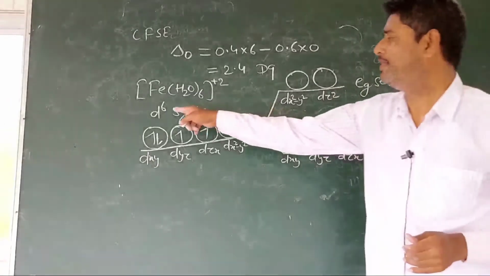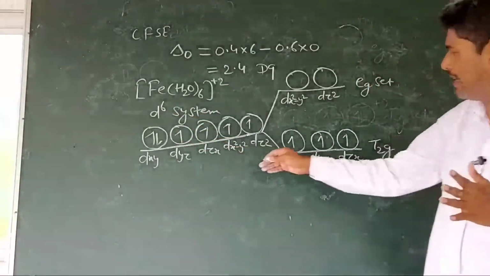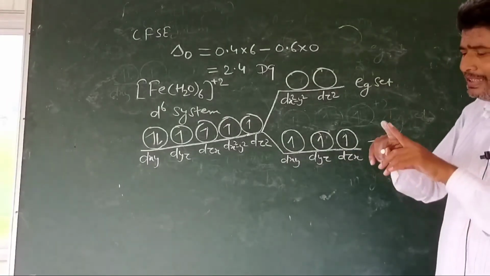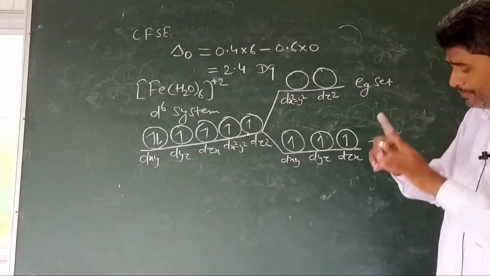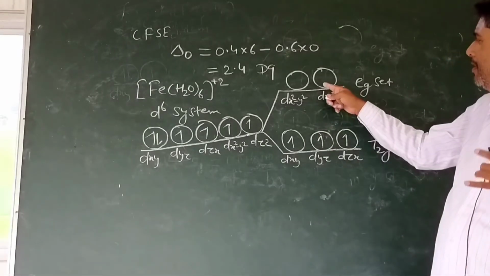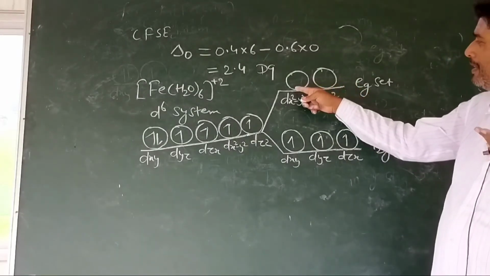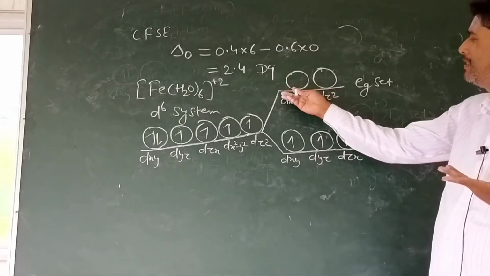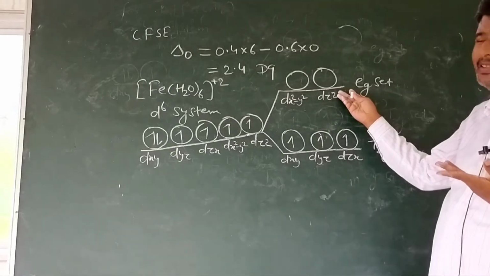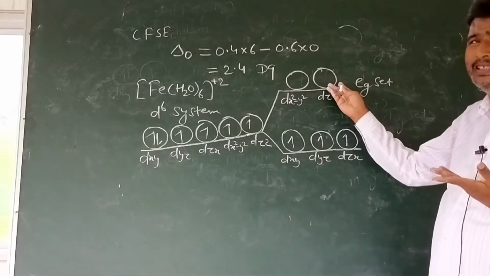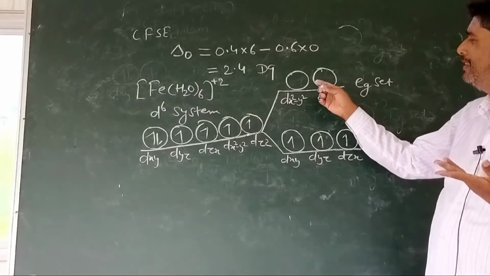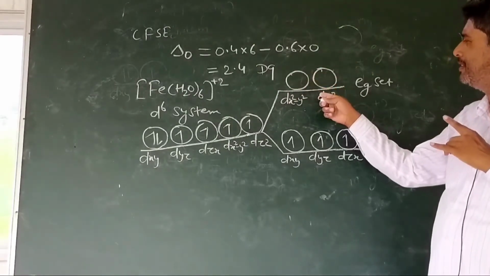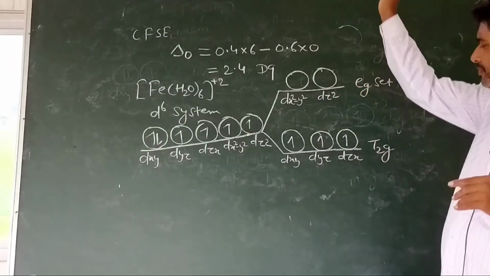So we have 6 electrons. 3 electrons have been distributed. Now we have the remaining 3 electrons. These remaining 3 electrons will enter the upper energy level. The upper energy level is of two types at the same height of energy. These are also degenerate, hence it will also follow Hund's rule. Electrons will enter singly with parallel spin.